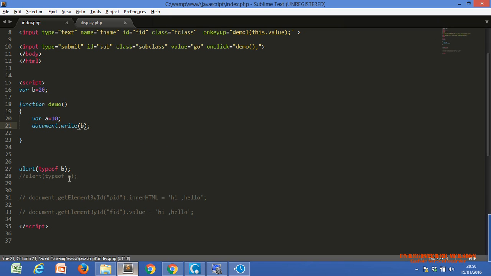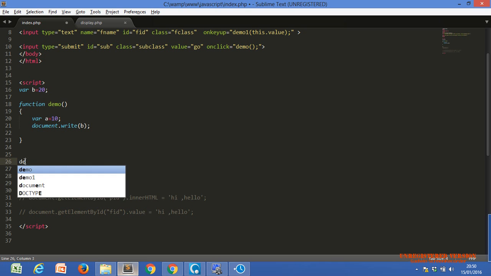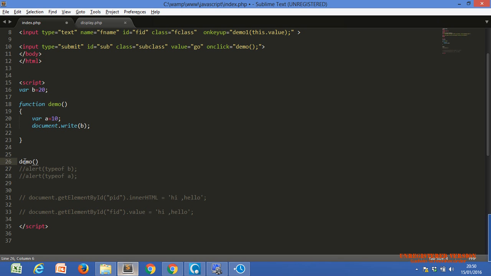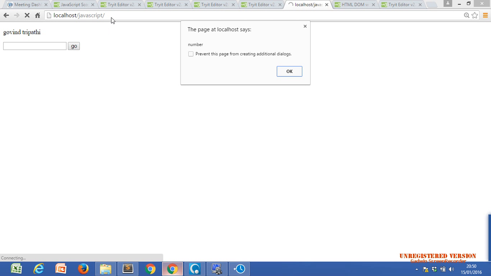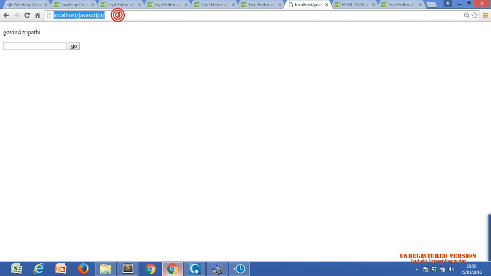Let's see, I call the demo, only demo, and I'm just calling it. So it should display 20 or not? And I'm using b in the document dot write. It should display 20. Yeah, it is displaying 20.